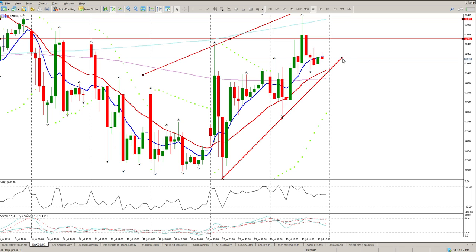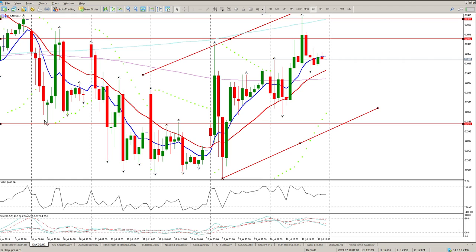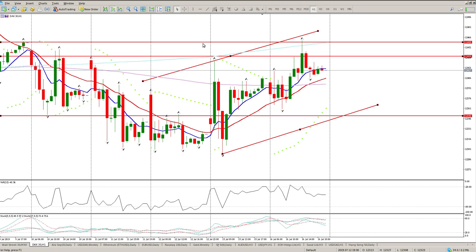Okay, the other thing that may happen is we do break the downside, we form a bigger channel down, which does make sense as well because we do have some inside tail there, down to this area here, and that's an opportunity for buying. Okay, so what I'm saying is if we get down to 12,350, that's a worthy buying spot for me with a stop loss